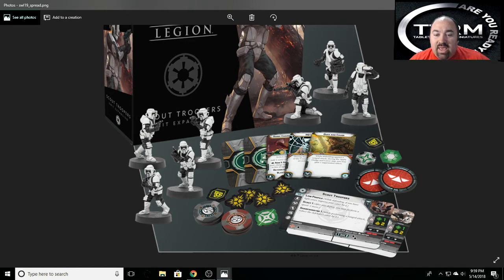They do not have, because I believe this symbol is the heavy weapon symbol, so they do not have a trooper symbol. You can't give them an extra trooper. You can only give them an extra heavy. So I'm thinking 5-man squad with a sniper or a